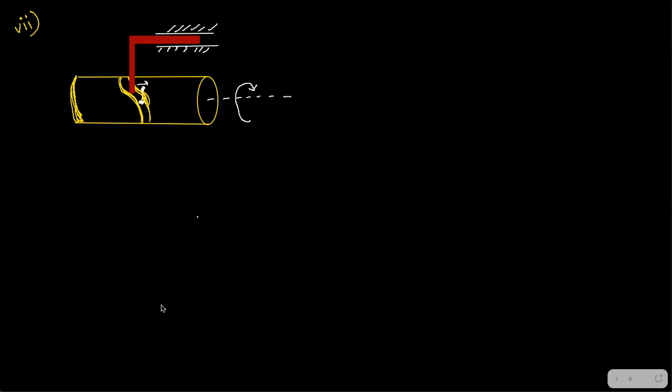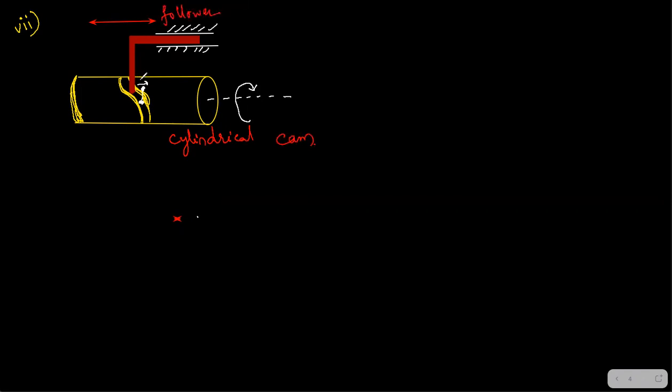I'll show it in red ink. So the red link will have a sliding motion. Yes, sliding motion. And this is having a rotary motion, right? The cam is having a circular rotary motion. So you can see that what is actually happening over here is this one, the cylinder: as it is rotating, the follower is reciprocating. Let's note it down. So this is cylinder, and it's called cylindrical cam. Fine. And this is the follower.